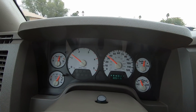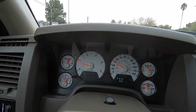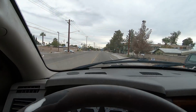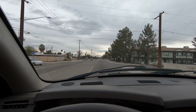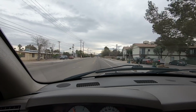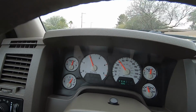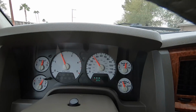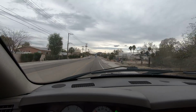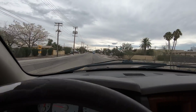Why? Because the day you're the owner, you're the owner. Because we're saving you a bunch of money due to not having all that extra stuff, we are allowed to sell it for a lot less than everyone else. The typical listing price to Kelley Blue Book would be $18,300. That's not what this truck is going to sell for. Okay, it's going to sell for a lot less than that. And that's not because we couldn't sell it for more. We could, all right, but it would take a little bit longer, probably quite a bit longer, and